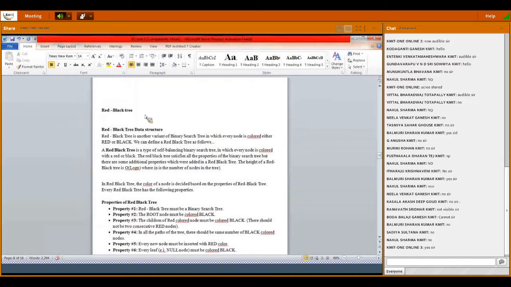So, okay, we'll see red black tree. I think you already know binary search trees, BST. In that there are so many variants. Red black tree is another variant. So what is the specialty in this?